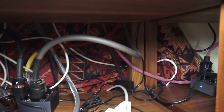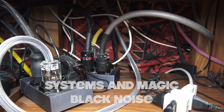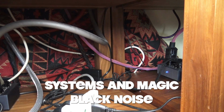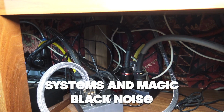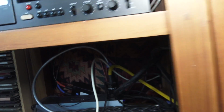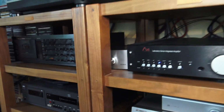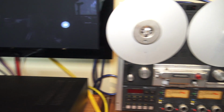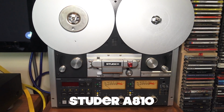All the cables, some I made, you know that. You can see the mains filter, excellent Black Noise mains filter. I discussed this one in my first video, so please take a look. Here's a link, and these actually transform the signal of my hi-fi system. And finally, oh yes, the baby, the big baby, the Studer